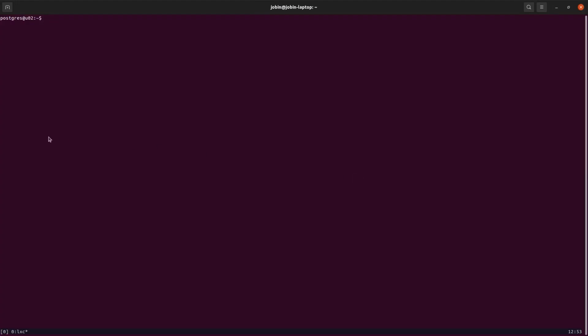Another important point which we need to remember is this one, pg_lsclusters. The new cluster is running on 5433. If we use this port, many of the applications may fail to connect. So we should be changing it back to 5432 again. Okay, so psql -p